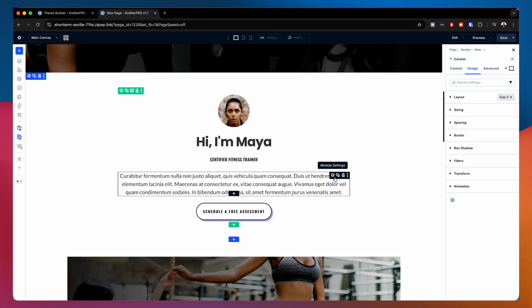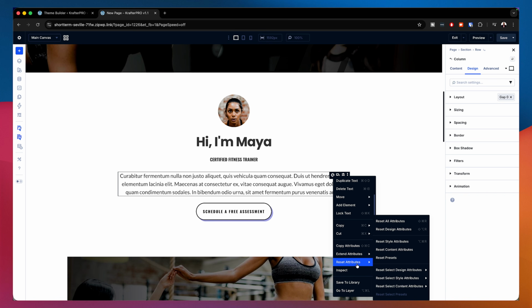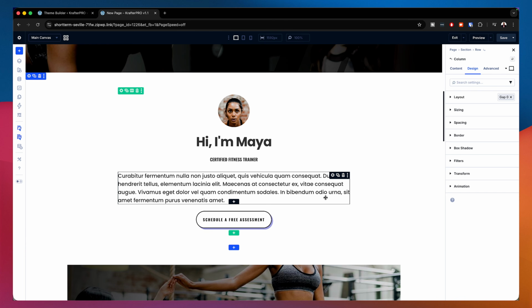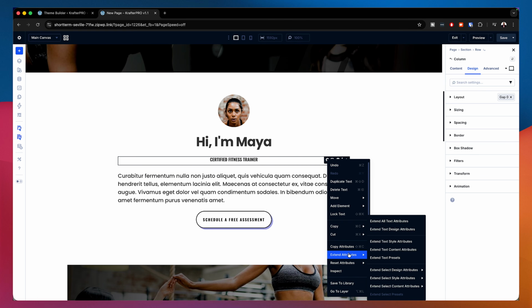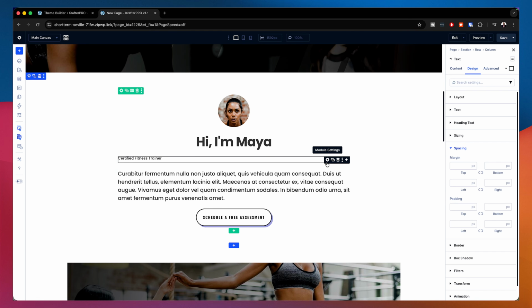Now, what I noticed is quite easier to do is to right click and then you want to go to the actual element. So for example, I'm going to say reset attributes, which is right here. So I'm going to say reset style attributes. And you notice now that this has been reset. I'm going to also do the same thing over here. Reset style attributes. Okay. And obviously this is the one that we've just done. So when we do that, it just clears off everything